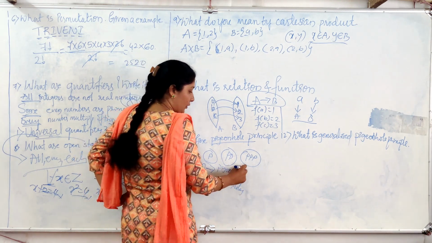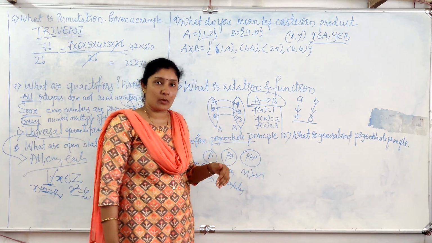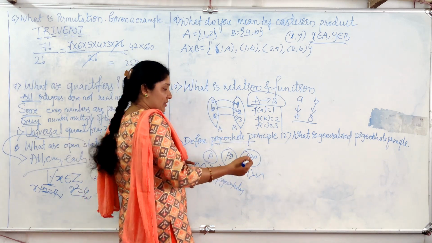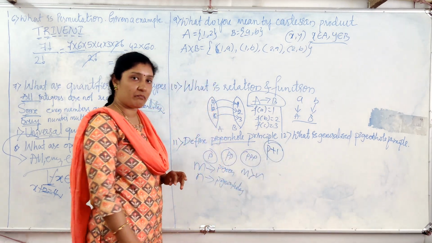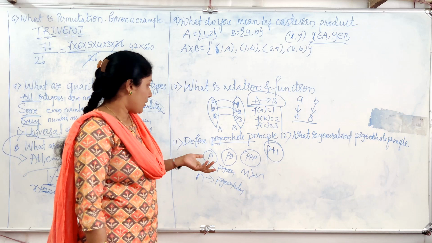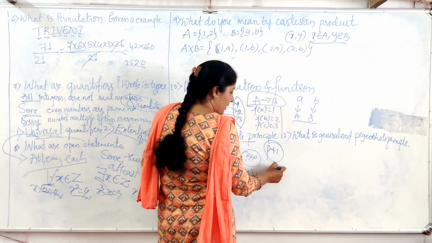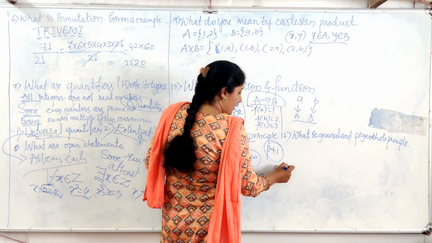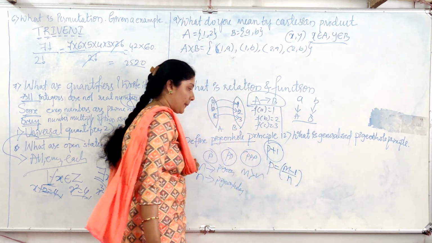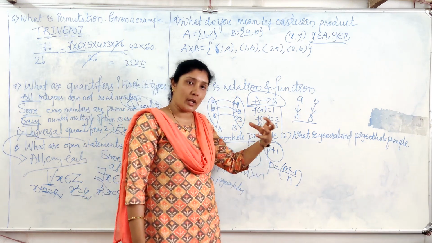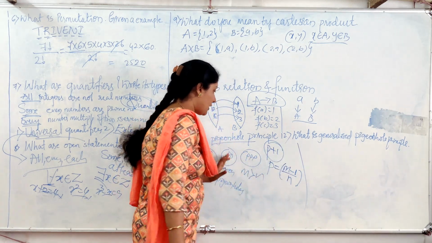In that case, if M is greater than N, that means the number of pigeons is more than the number of pigeonholes. Then the number of pigeons which are going to occupy a nest is P plus 1 or more than P plus 1. So according to this, the number of pigeons occupying one pigeonhole will be P, that is, (M minus 1) divided by N. So this is the pigeonhole principle.